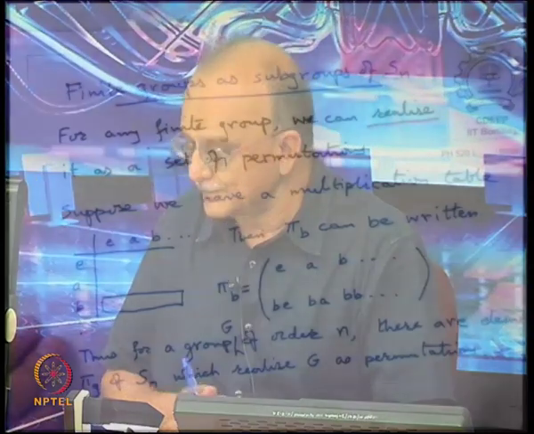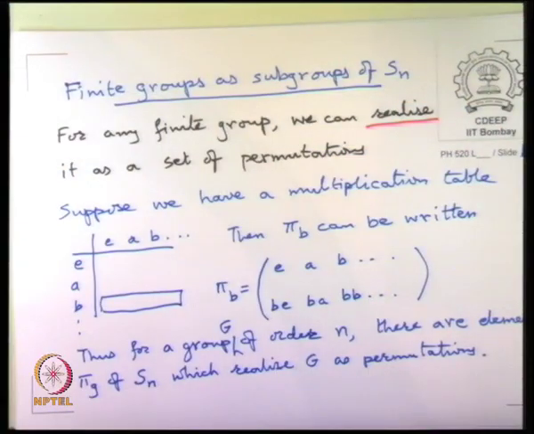So every possible finite group can be realized as a subgroup of Sn, where n is the order of the original group. So firstly I have said, okay, so far I actually said subset, right, because all I proved to you